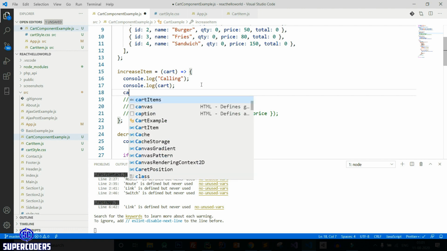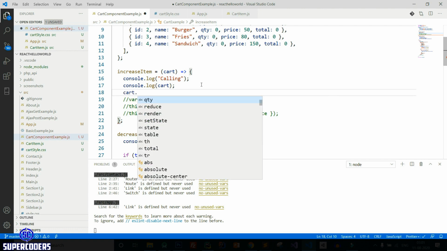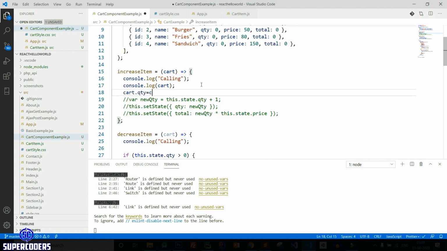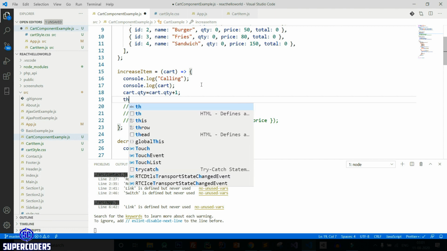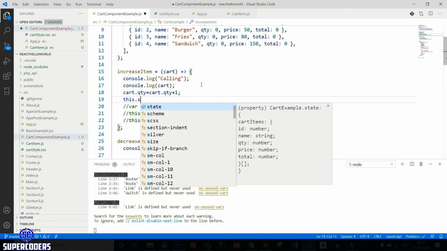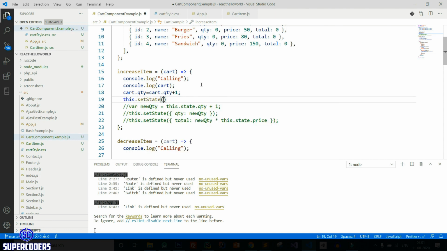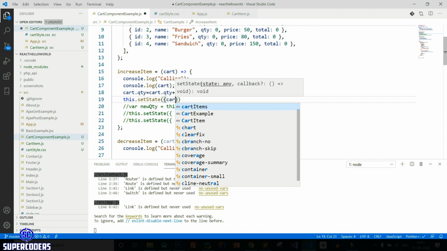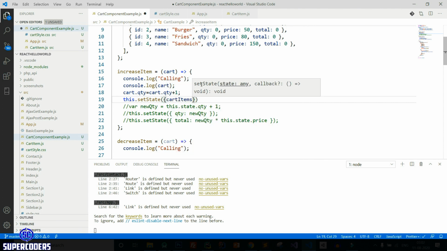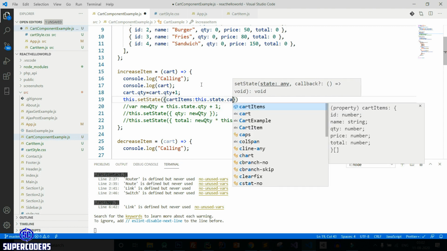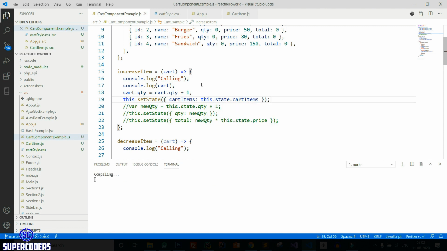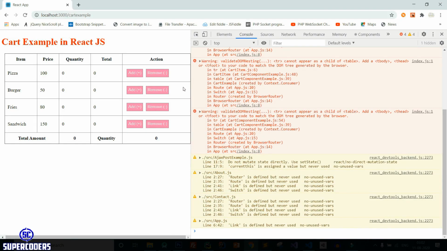Then cart dot quantity equal to cart dot quantity plus 1. Then calling method this dot set state, then cart items, then this dot state dot cart items. Save it. Now let's back to browser.